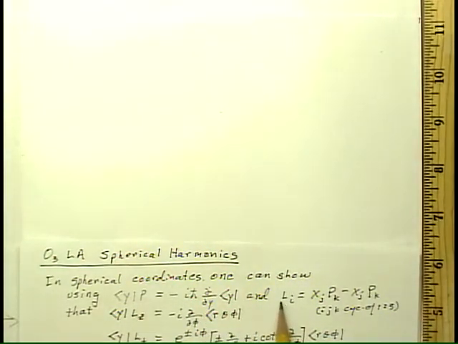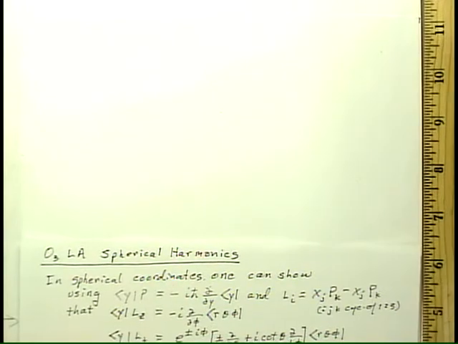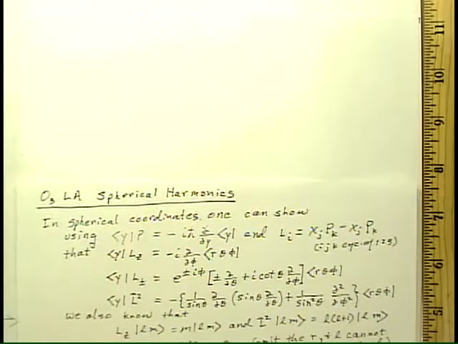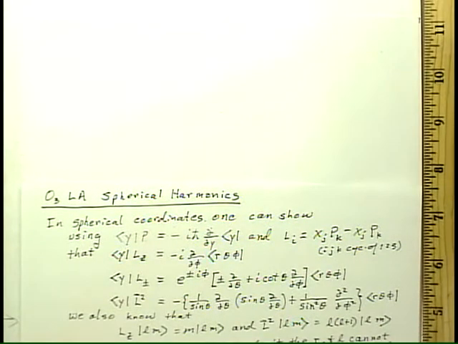Now we know how our orbital angular momentum is defined in terms of x and p. Now that is not true of the total angular momentum, nor is it true of spin. It's only true of the orbital part. So the orbital part has this definition in terms of cyclic i, j and k. And it is a standard bit of work that we do in converting to spherical harmonics that's done in many